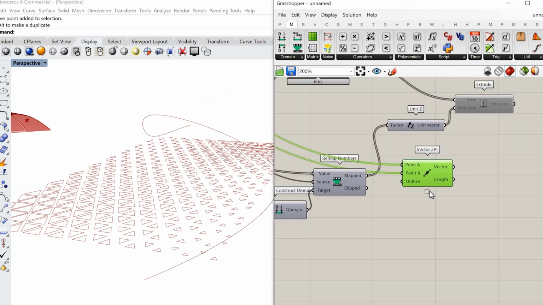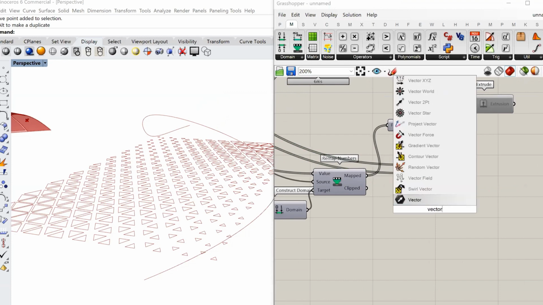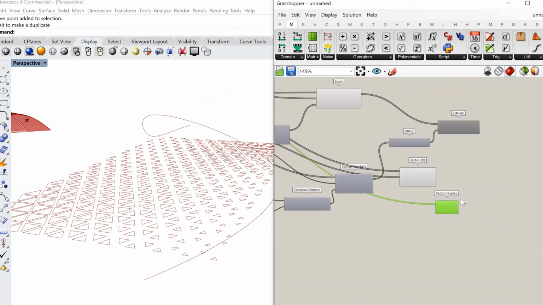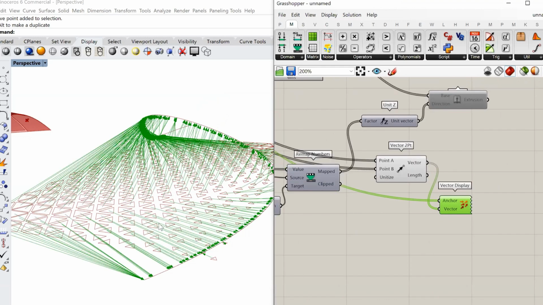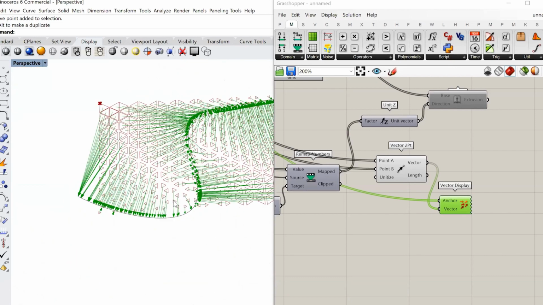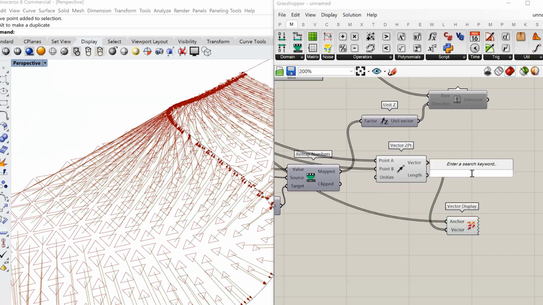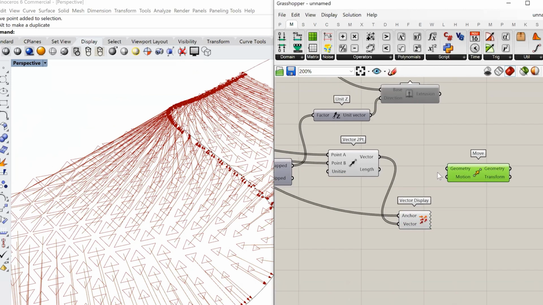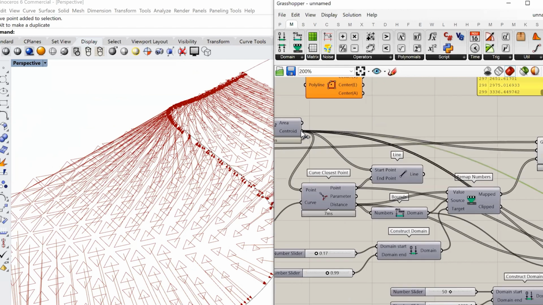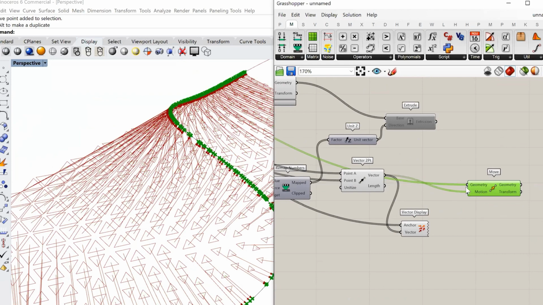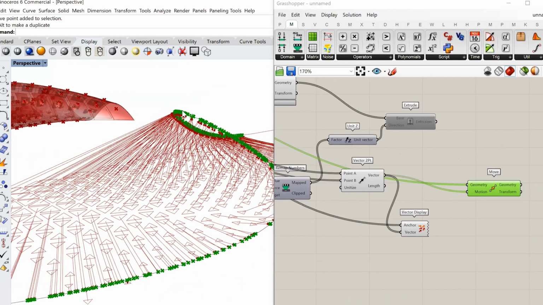This point, that's point B. Now you can't see the vector because it's a hypothetical entity. It's not a geometry. So I'm going to use a vector display and display at my starting point. That's my vector. So now you can see all of them as vectors, right? So now let's say you want to extrude to this particular point. I will need to use a move command. So my geometry is my center point. And I will move that along the vector. So everything is moved at the end of the vector, as you can see.